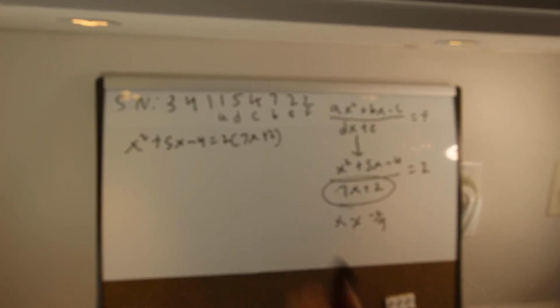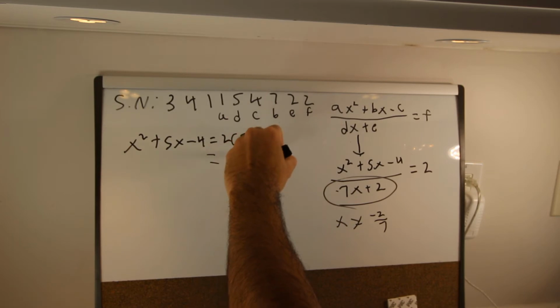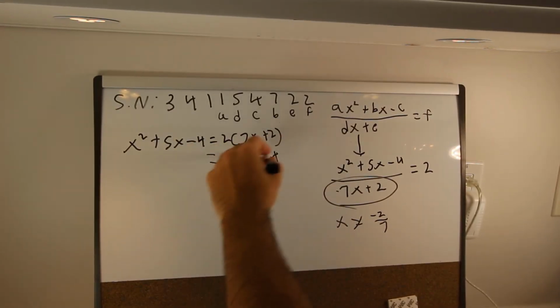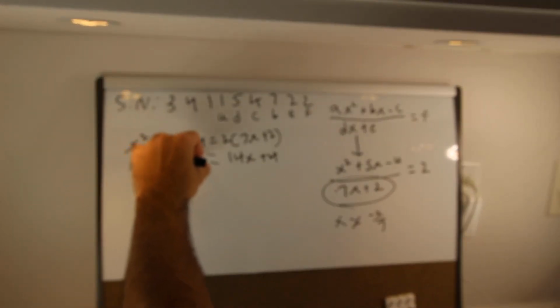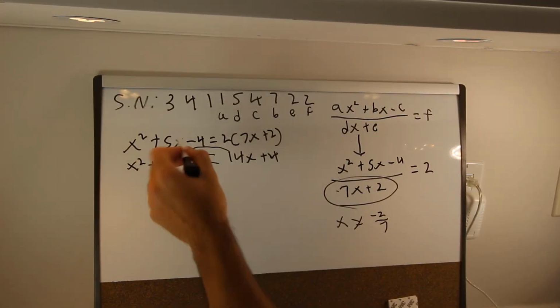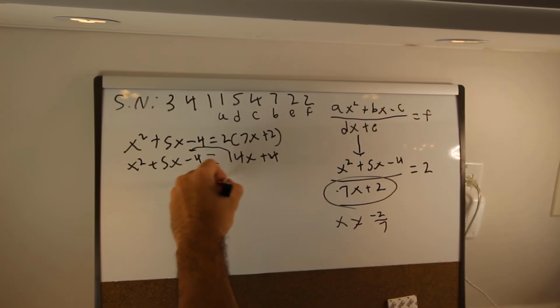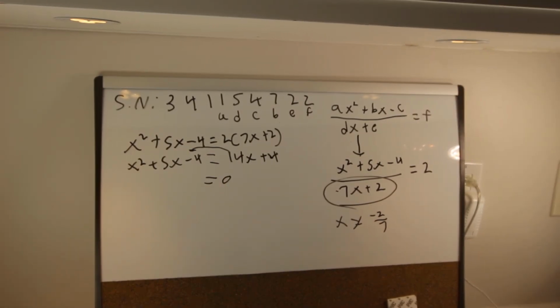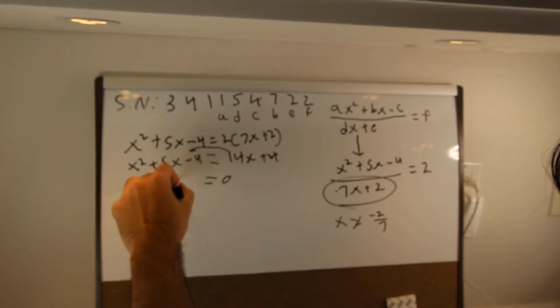And then distribute the 2 into the bracket, and what we're going to get is 14x plus 4. On this side, it's going to stay the same: x squared plus 5x minus 4. Now we want to bring this to this side so that it can be equal to 0. We can make a function that's equal to 0. If we do that, what we end up getting is x squared minus 9x